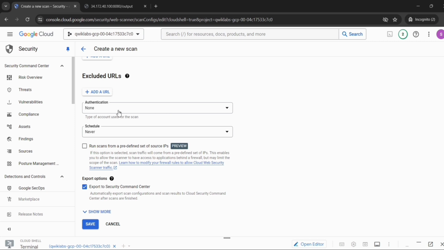Now the authentication should still be set to none, and the schedule should be set to never. Now click on show more to investigate the remaining settings. Now you can check it out. Now click on save to create the scan.